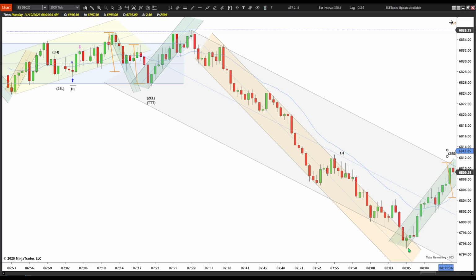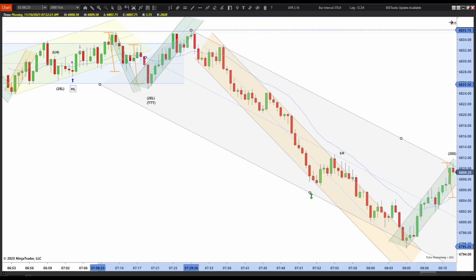First entry short, second entry short, two legs up from the low. Now, it was a little early for me to say that this is actually the bounce point because, as I said, I initially had it here. Then I dragged it down to here. Then to drag it down to here, I wasn't quite ready yet because it doesn't really have any confirmation